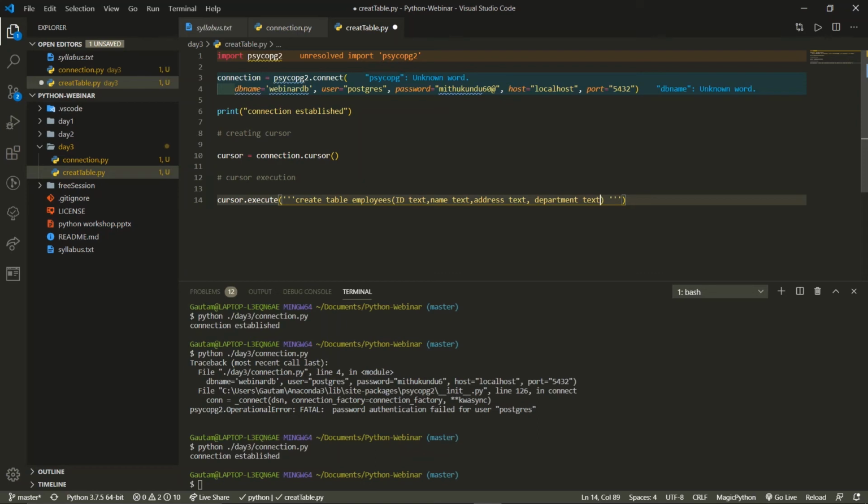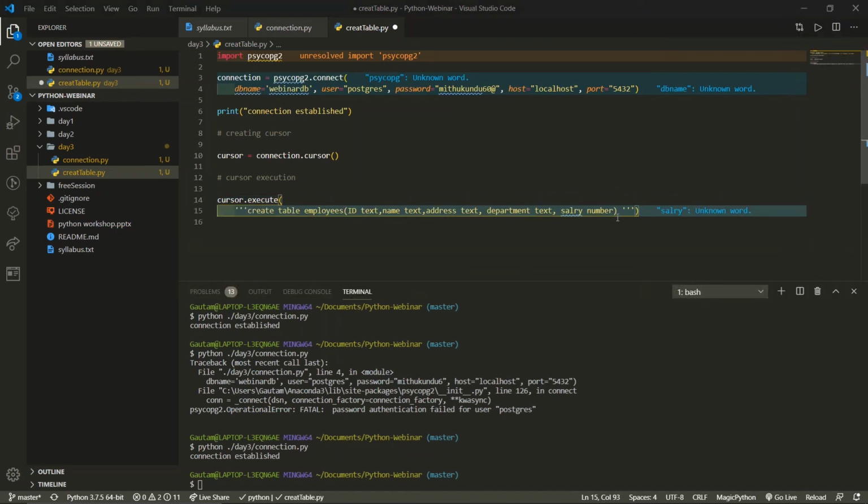Now if we execute this code, then our table will be created. We have missed one termination sign over here. Let us put a salary over here. Salary is a number, and then we can write a termination sign over here and save it.